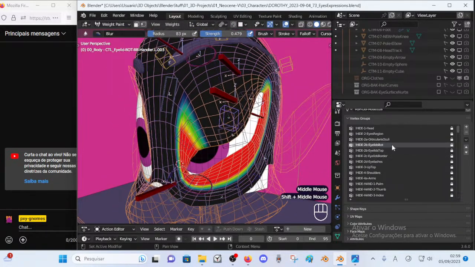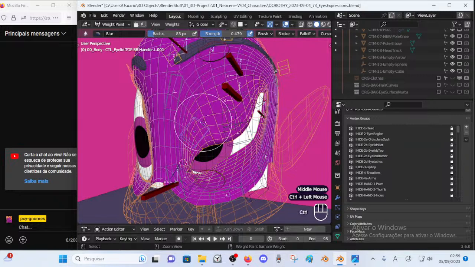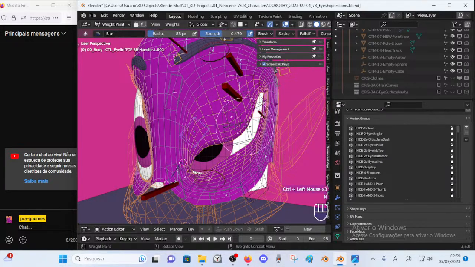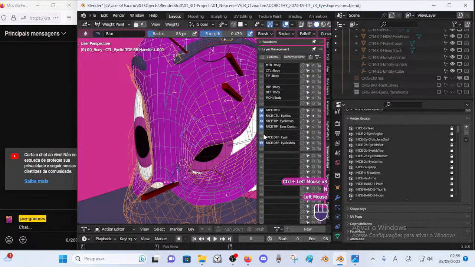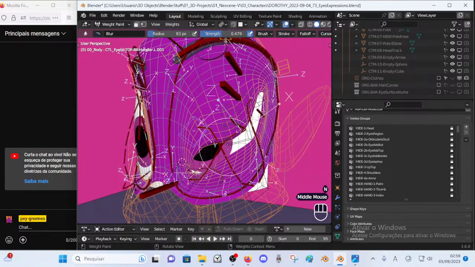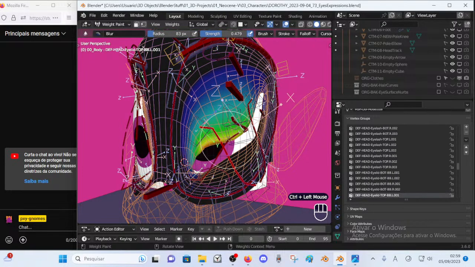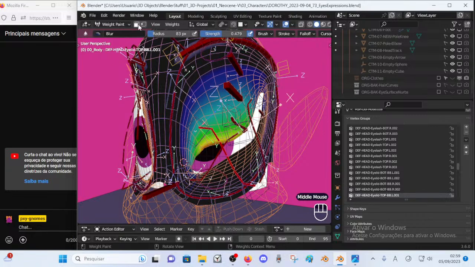Here there is some selection from this vertex group which has nothing to do with what we want. We'll pick deform bone for the eyelids, right? It's none of this. I have to show it here. What's going on with those? Oh, it's a pose. The pose is doing that, no matter. So this is the actual bone, and then we go on